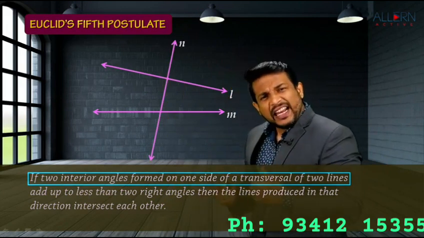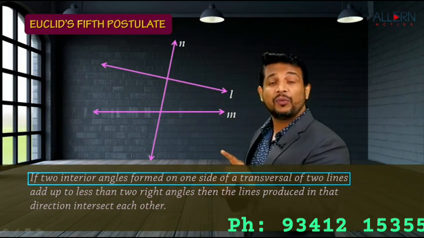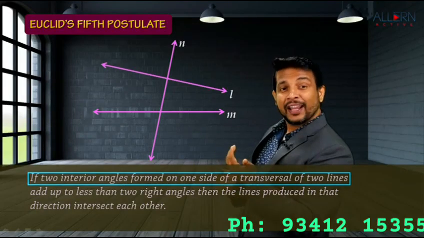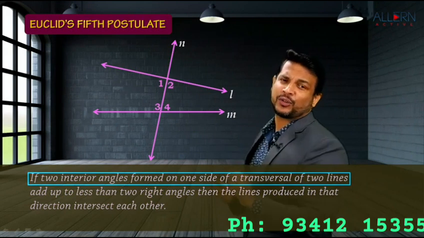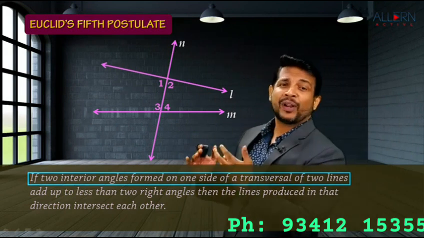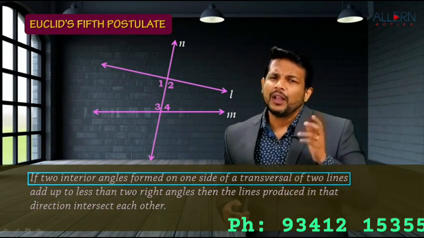We are talking about interior angles. Now, when we know that two lines are intersected by a transversal, what do we have? We have two pairs of interior angles. One on one side, the other one on the other side. So let's look here. That means we know angle 1 and angle 3 is one pair of interior angles. Angle 2 and angle 4 is the other pair of interior angles. That's easy. We know that. Beautiful. What are they saying?